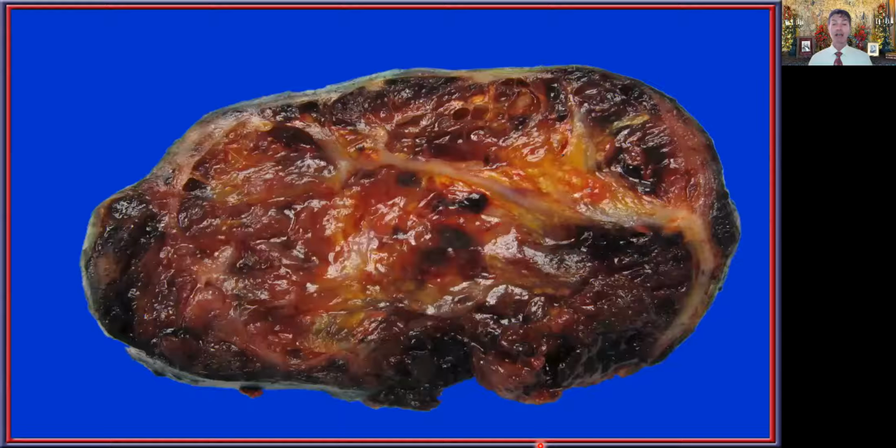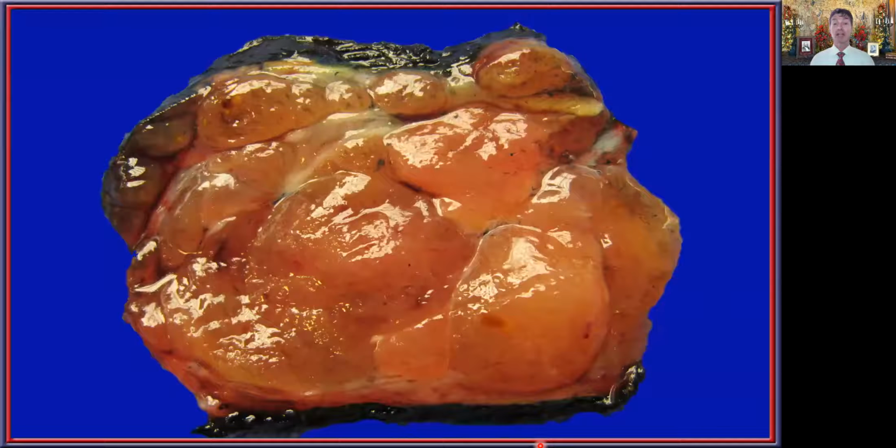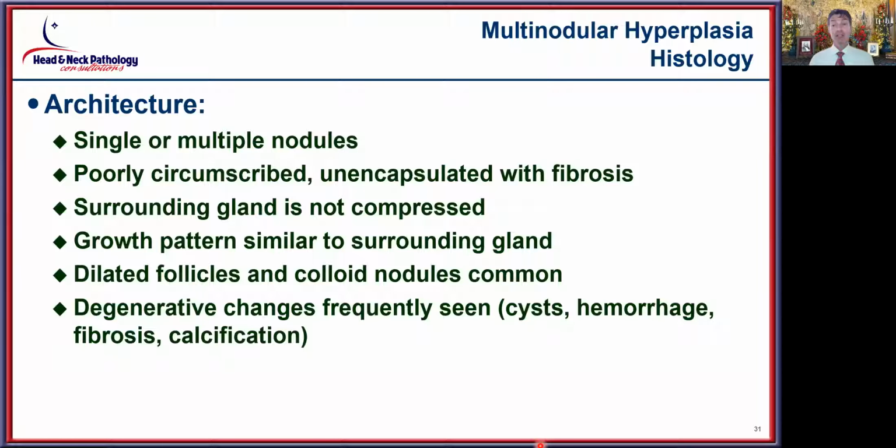But then a nodule just has a very complex appearance within it, lots of colloid being produced, so you get this kind of glistening quality to it. Yeah, you can see a very multinodular appearance, multiple nodules, all coalesced and seen adjacent to one another in this example. So architecturally, the histology of a nodule is really quite complicated as well, depending on the number of nodules